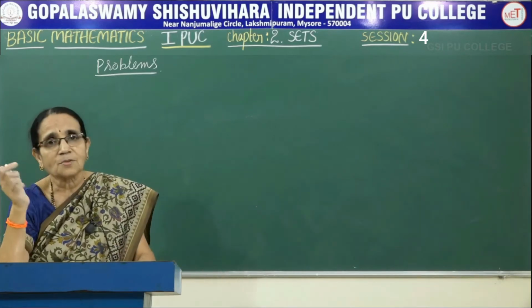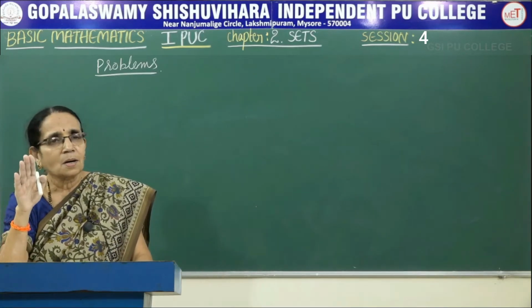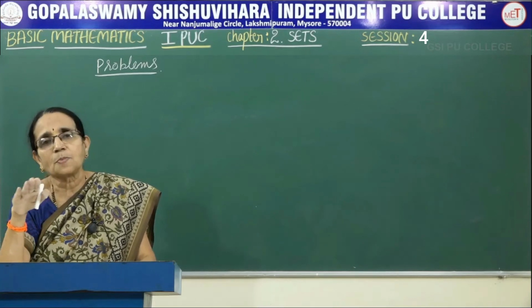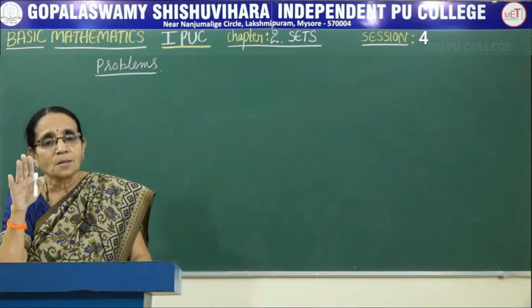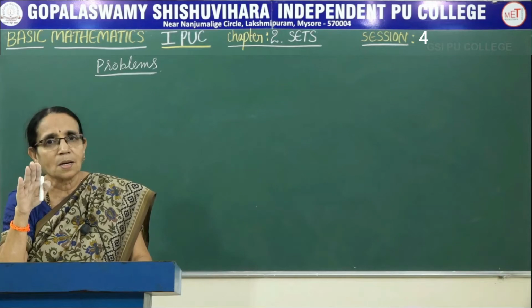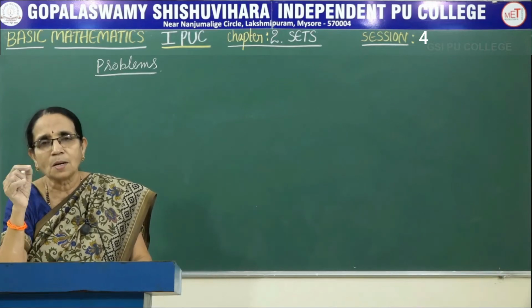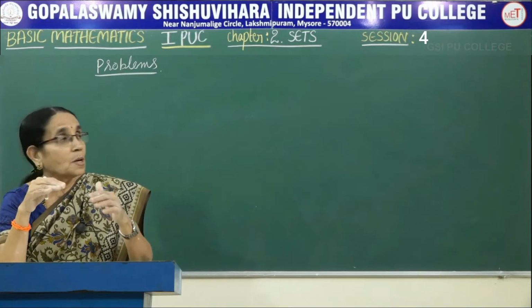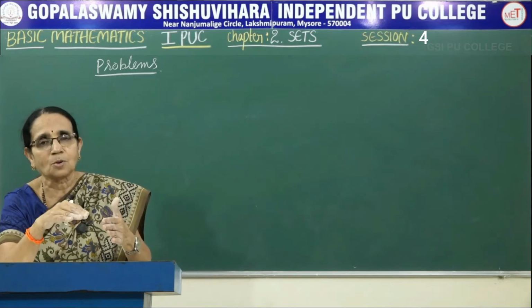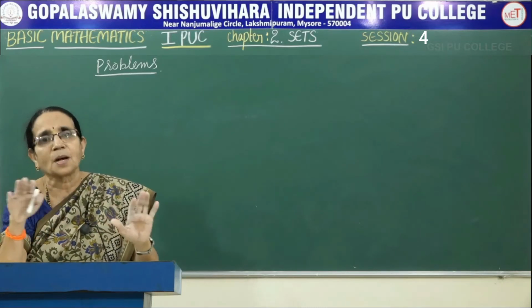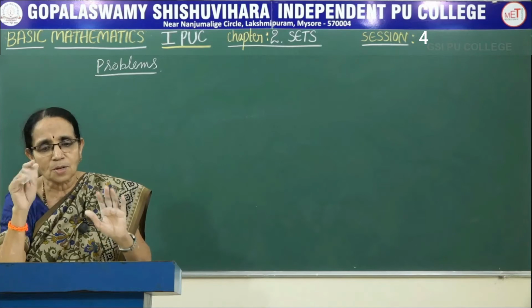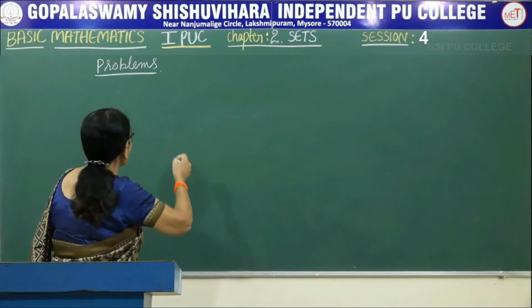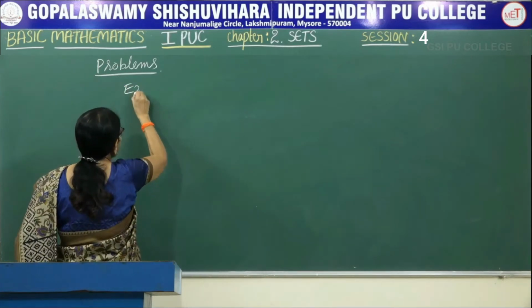See, in the earlier session, I had given the set builder form, and you had to express the set in the roster form. That means the actual elements had to be written. Here, actual elements would be given, and you have to think of the rule satisfying those elements and write that in a sentence. That is the rule method, or the set builder form. So express the condition.